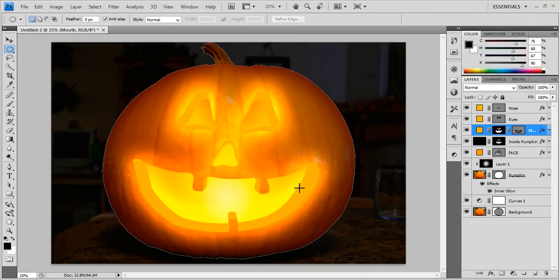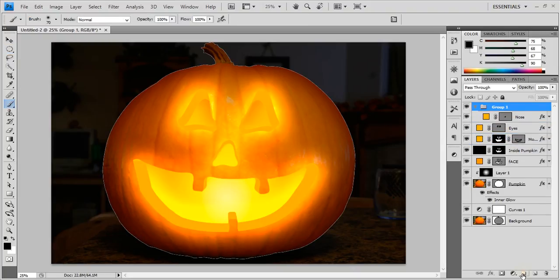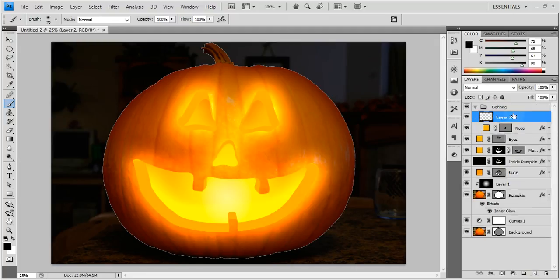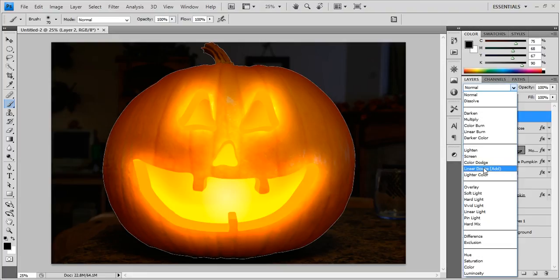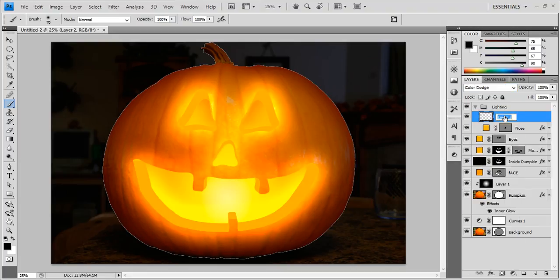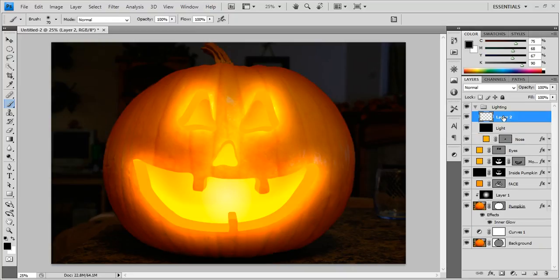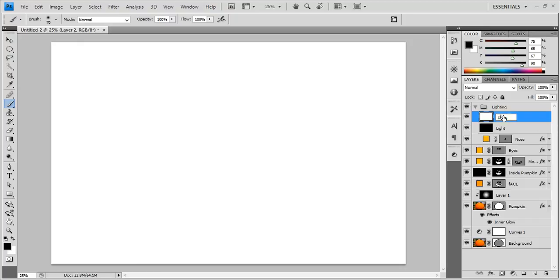And then I'm going to grab my brush and create a new layer group. I'm going to call it lighting. And I'm going to create another layer in here and set this mode to color dodge. I'm going to call it light. And I'll fill it with black. There's several ways, you could do it a different way, but this is how I did it. And I'm going to fill this with white. I'm going to call this dark and set this to